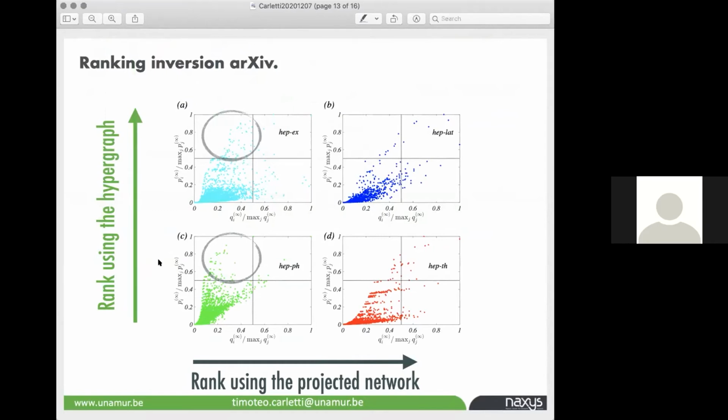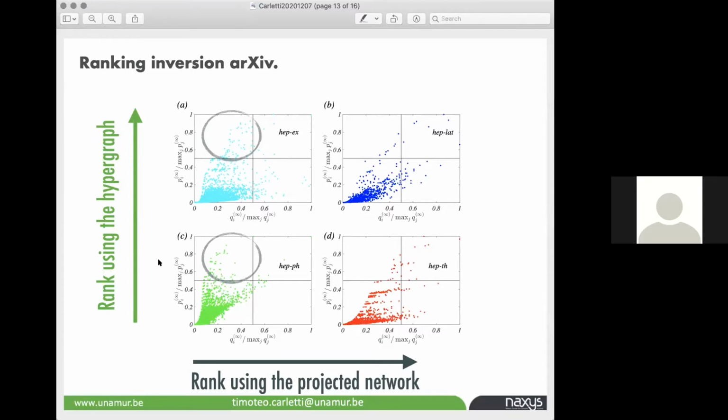On the left is the experimental, bottom left is the phenomenological, top right is lattice, bottom right is the theory. And again, I use this 2-dimensional classification where on the horizontal axis, I put nodes according to the random walk on the network. That is, more important nodes are nodes with larger degrees, while on the vertical axis, I put nodes ranked according to the hypergraph. That is, top-ranked nodes are the ones that are in larger groups.